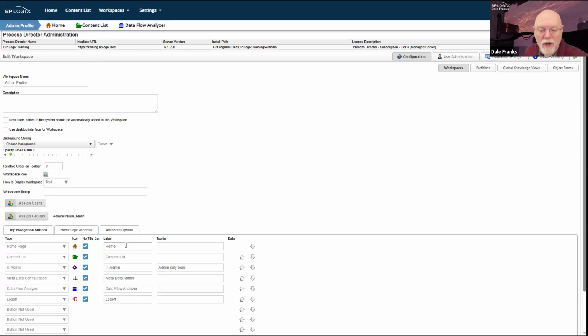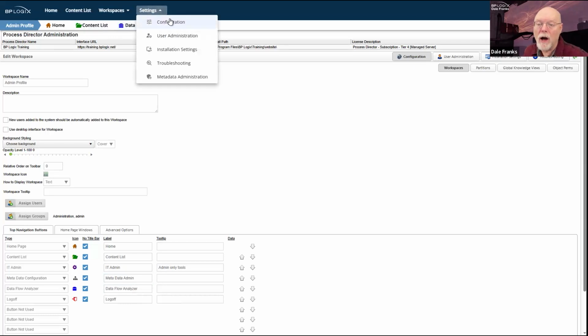No reason to. I've already got it set as my home page. So because I have IT admin already set, this IT admin button simply doesn't appear up here anymore. Also, metadata admin does not appear on the toolbar anymore, largely because it is now in the settings menu. So anything that is in the settings menu just automatically gets removed from the navigation button toolbar at the top